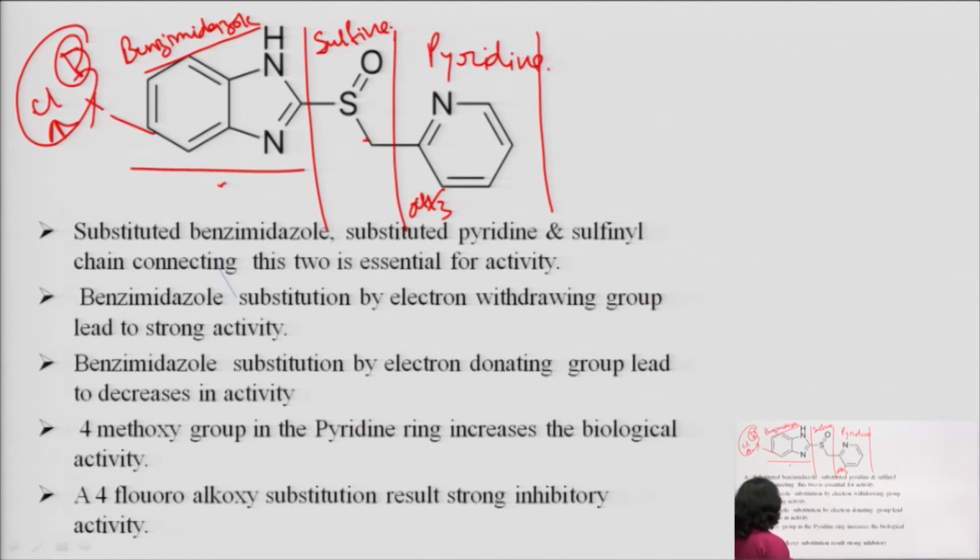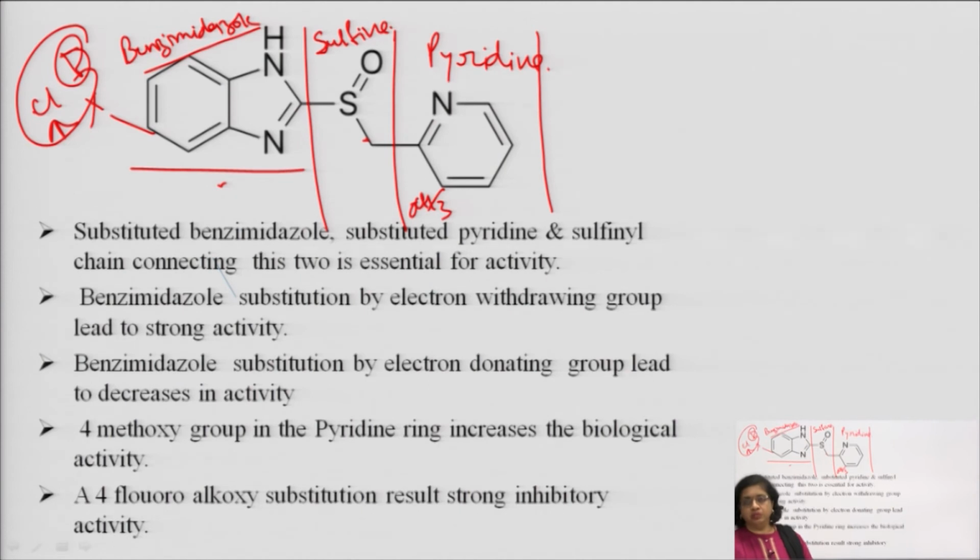Similarly, a fluoroalkoxy substitution results in strong inhibitory activity, which means the strongest proton pump inhibitor drug. If you substitute the drug with a fluoroalkoxy group, then your drug will be the strongest drug. It acts as a strong proton pump inhibitor. So, this is all about the SAR of